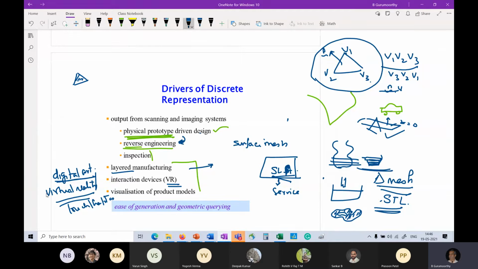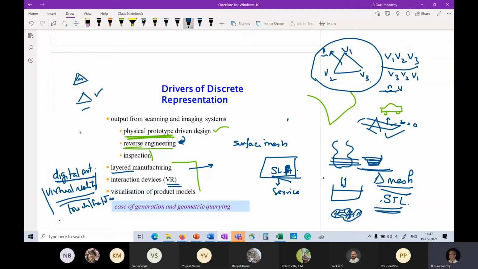Now, one of the main problems in virtual reality is to know relative distances between the human actor as well as these objects in the 3D world. So if you want to give the feeling to the user that they are touching it, then you must know what the relative positions are between the two. And that again is a computation that is easiest done when I have triangles. Distance between triangles, whether two triangles intersect or not. All of that can be done very fast with a triangle.